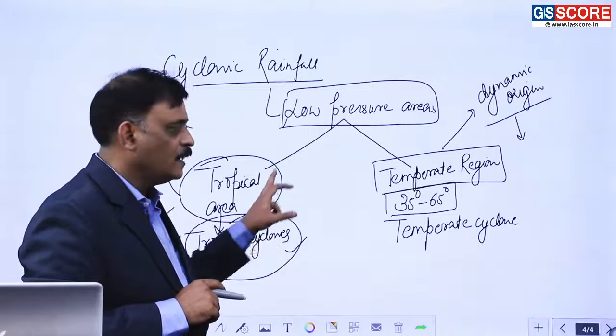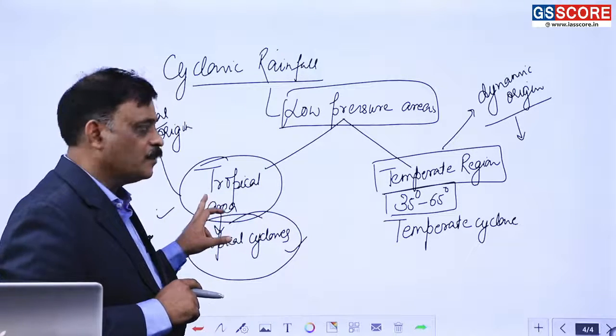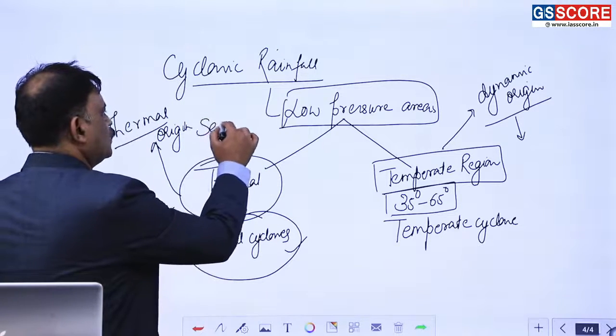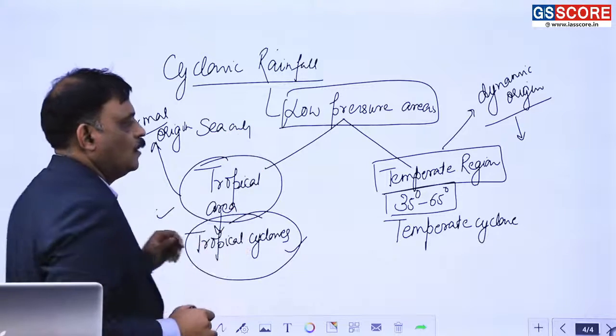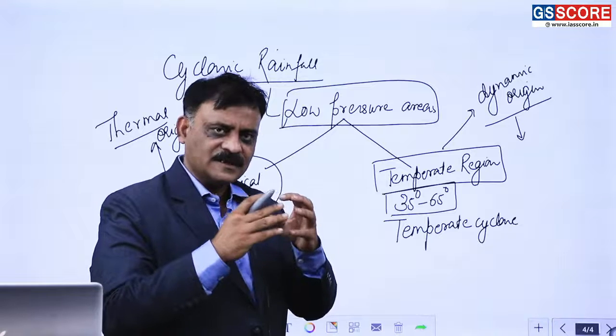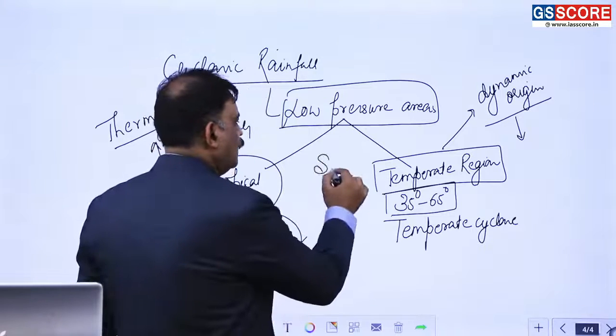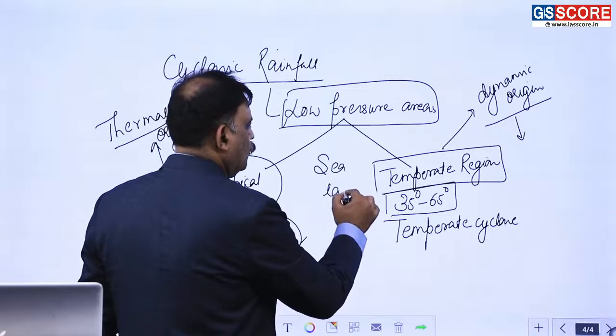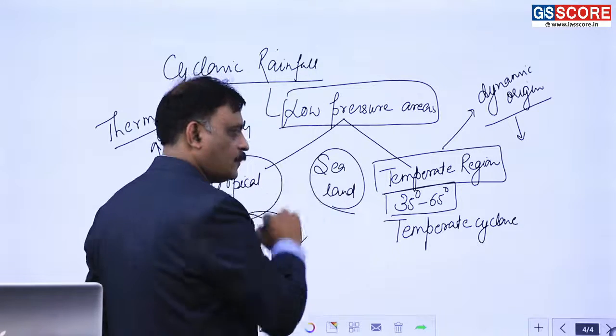तो ये आता है कि ये ट्रॉपिकल रीजन्स में जनरेट होते हैं और केवल सी पे जनरेट होते हैं, ओनली ऑन सी। और ये टेम्परेट रीजन्स में जनरेट होते हैं लेकिन क्योंकि ये दो एयर मासेस के मिलने से होते हैं इसलिए सी और लैंड दोनों पर ये आपको देखने को मिल सकते हैं।